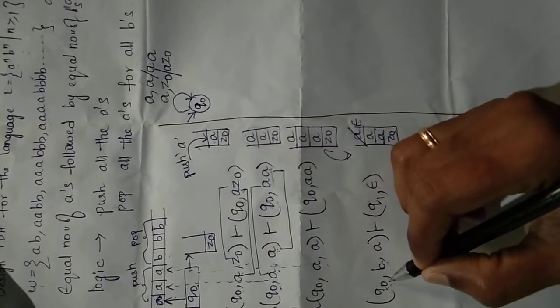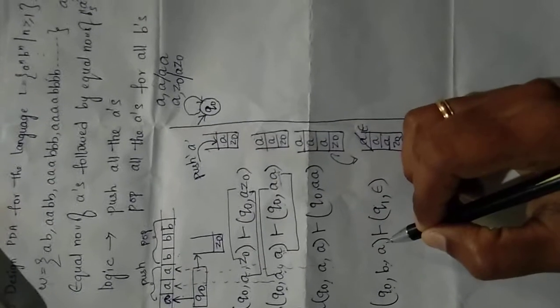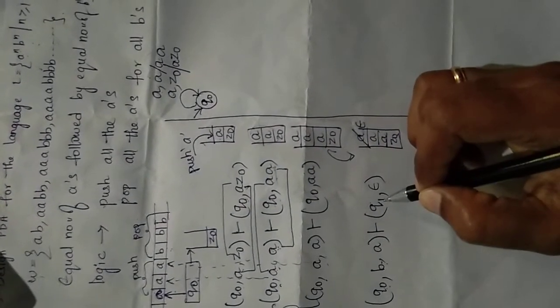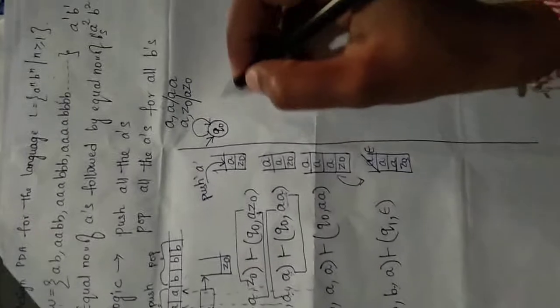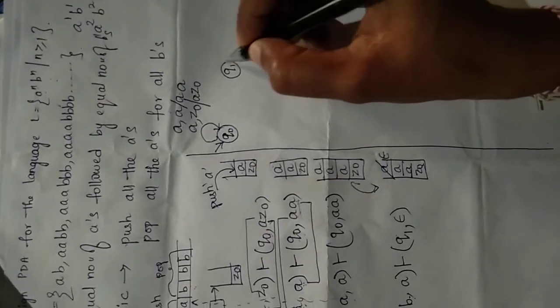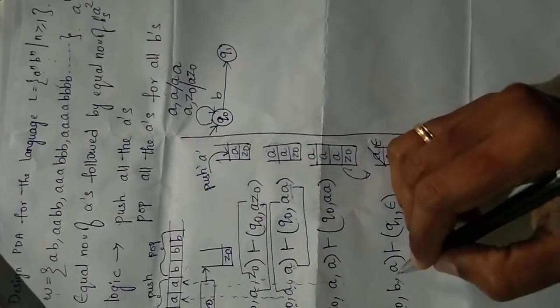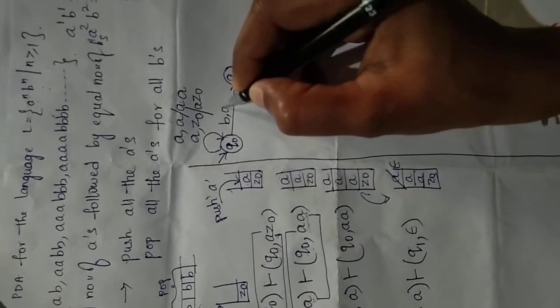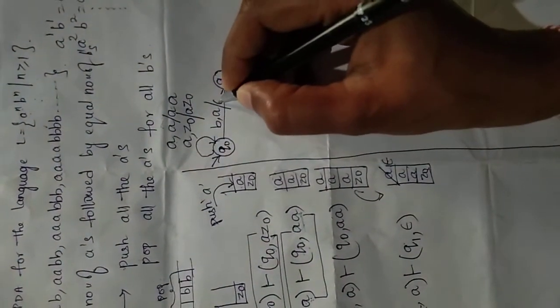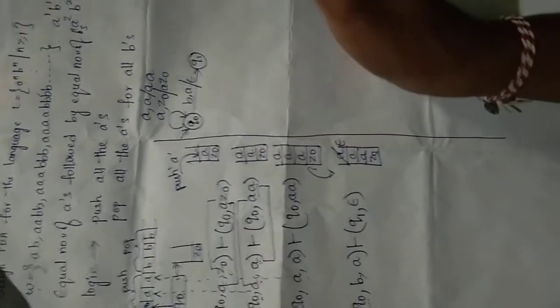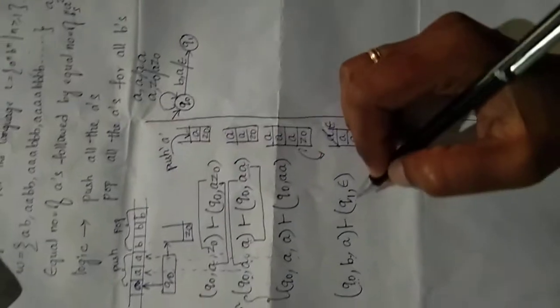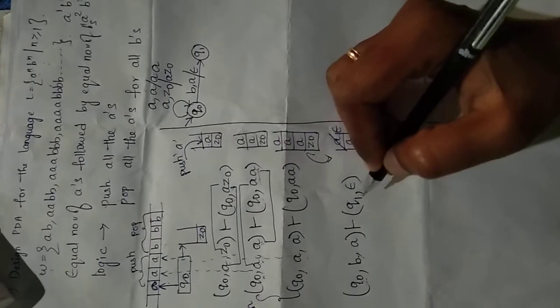Now from Q naught, we are reading the B symbol and the top of the stack is A. We are moving to some other state now. See this one, the state is different. So we need to take one more state, the Q1 state. From Q naught, we read the B symbol, and the top of the stack symbol is A, slash, epsilon on the right-hand side of the ID. It means we are removing the symbol and moving to the Q1 state. Okay. Now this is the automata representation of this ID.